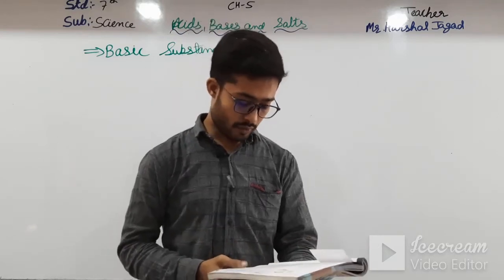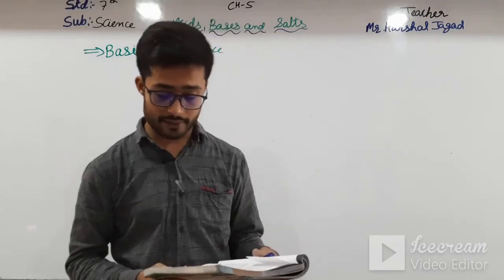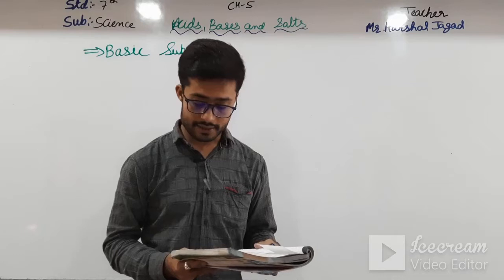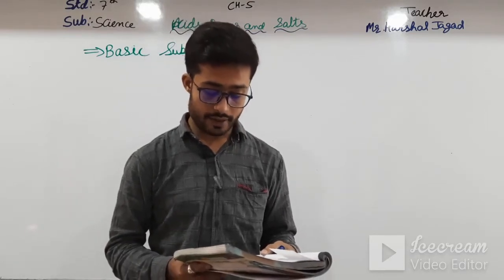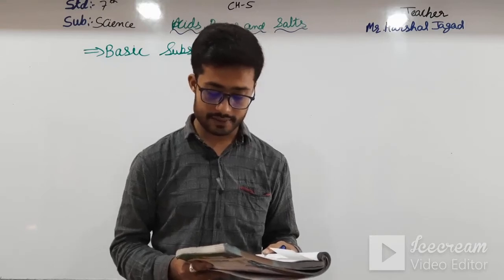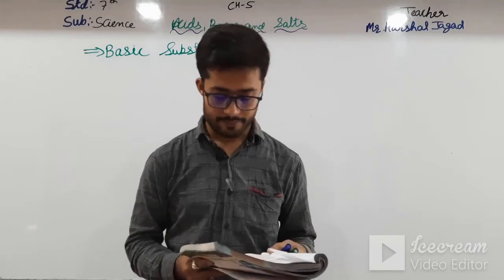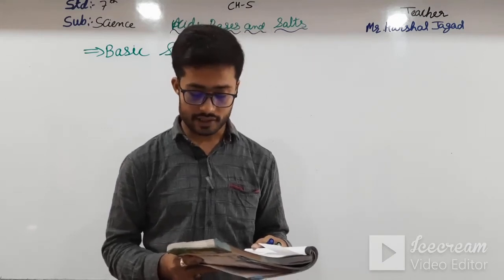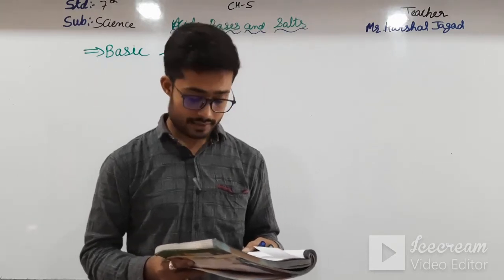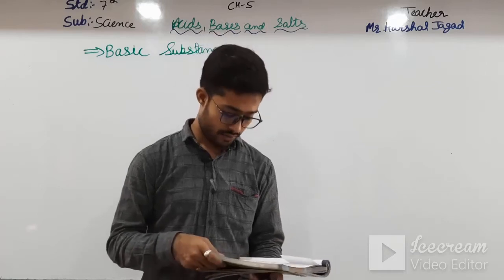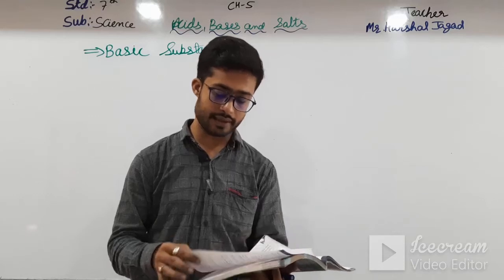Okay students, some common bases are sodium hydroxide, that is NaOH, and calcium hydroxide, that is Ca(OH)2, which are laboratory reagents. They are manufactured from mineral substances. Corn starch, fresh egg white and baking soda, sodium bicarbonate, are some naturally occurring bases. They are obtained from plant and animal resources. So these are some of the resources of naturally occurring bases.